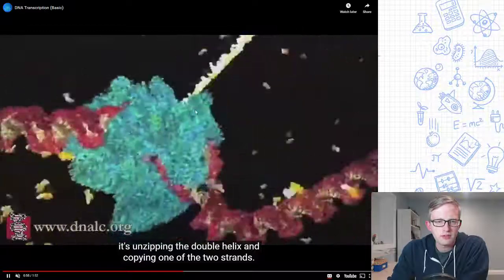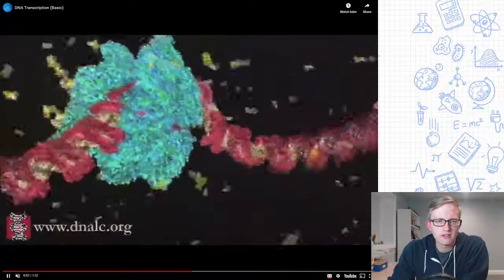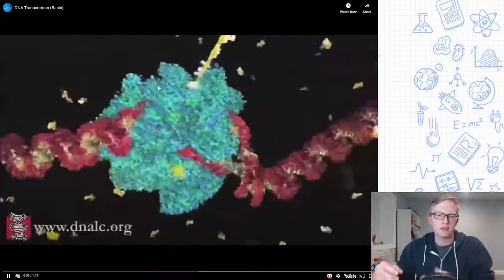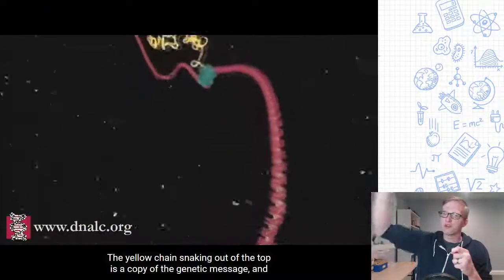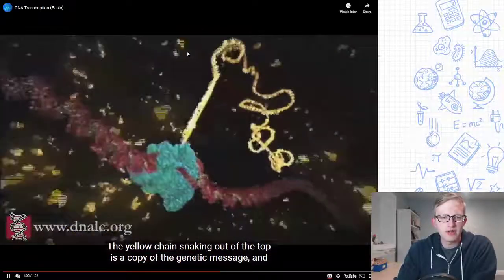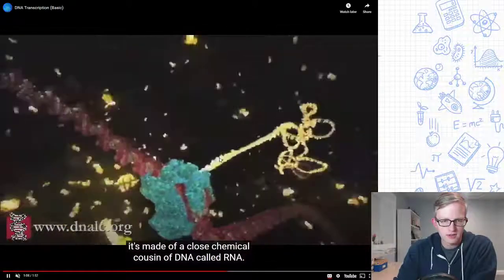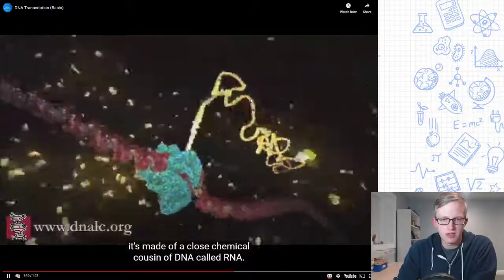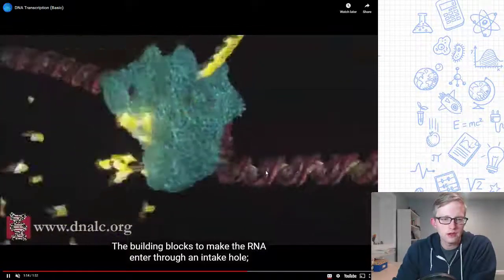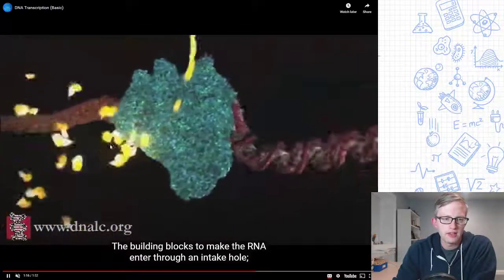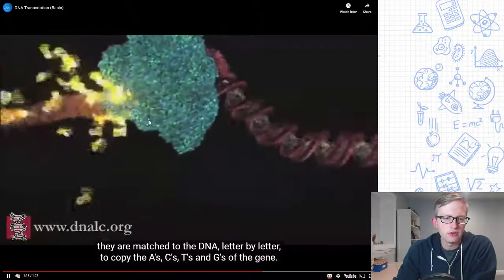And what you see is this yellow part that's flying out the top of this. And I like to think of it as like a piece of receipt paper, that as this is running along, you've got this long receipt just kind of moving out of it, and that's what you see here. It's like a CVS receipt here. This is a giant thing that's just flying out. That's your RNA.